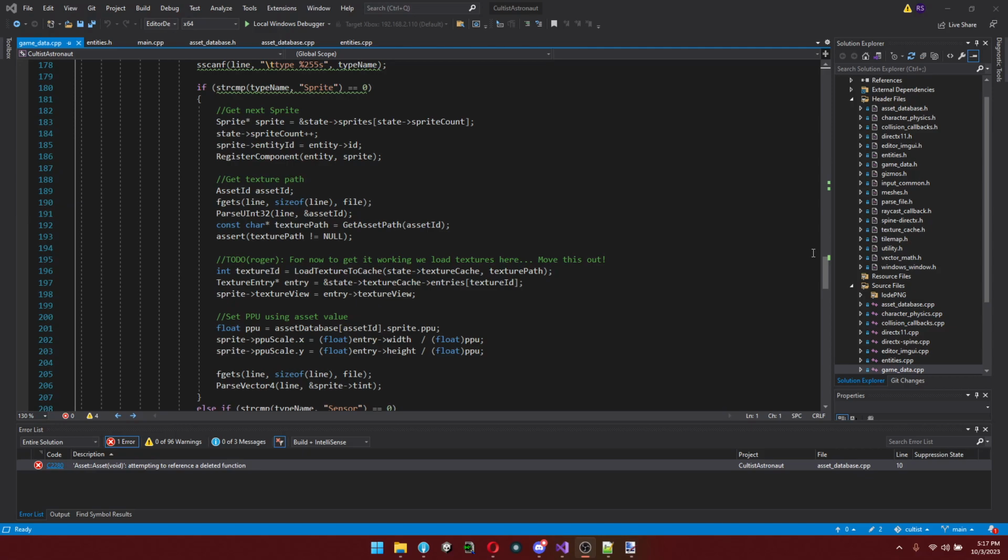So in order to properly implement pixel per unit, and moving forward I'm just going to call it PPU, I needed to create an asset database which allows me to essentially associate a pixel per unit value with a texture. But also we want to make sure that we're not hard coding file paths to our entity and to our world. So